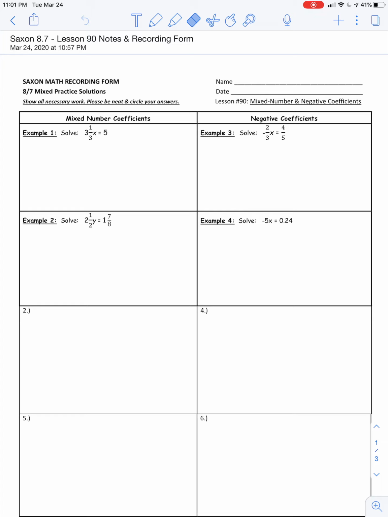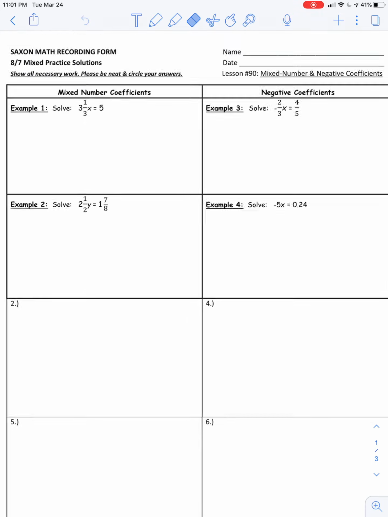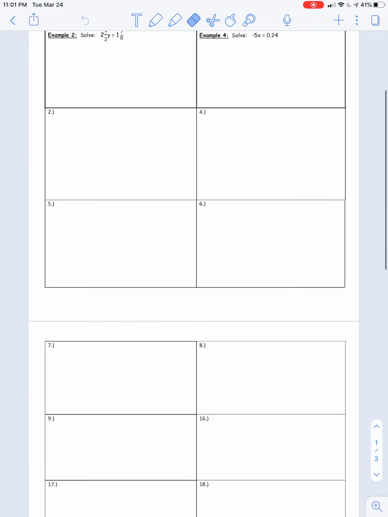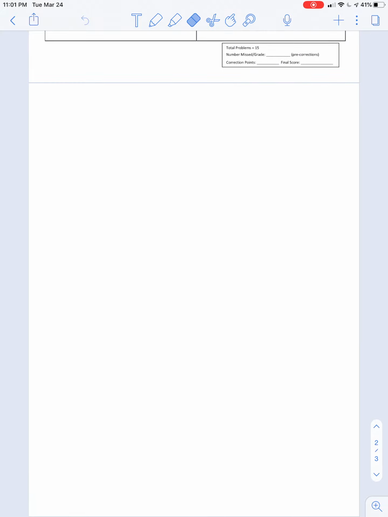Okay, so please pull up the math packet lesson sheet for lesson 90. Hopefully you have that printed and you're ready to go. We're going to be looking at a couple examples together. But before we do that, I'm going to go down to the bottom of my document and start off with an example that you do not need to put in your notes. I want to recall some information with you. We've seen problems that look like this, where we have,